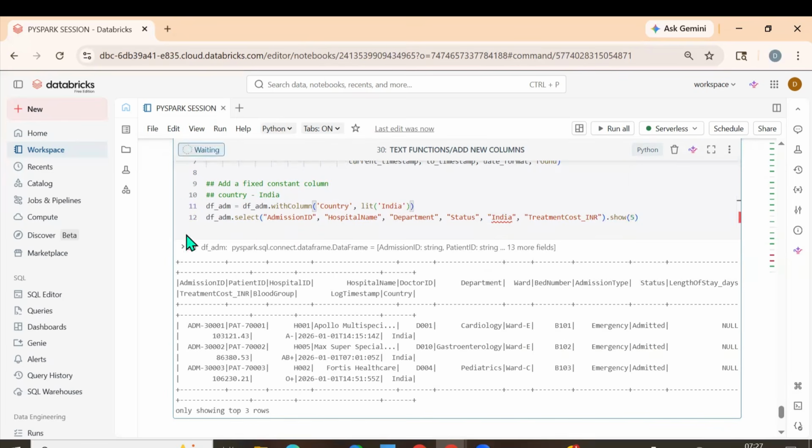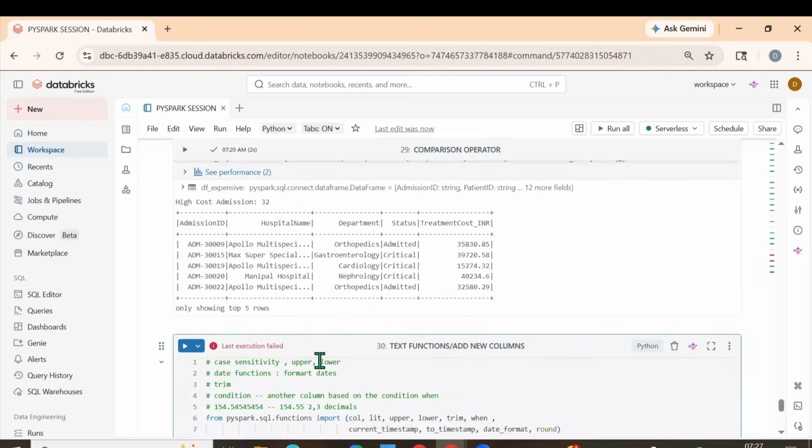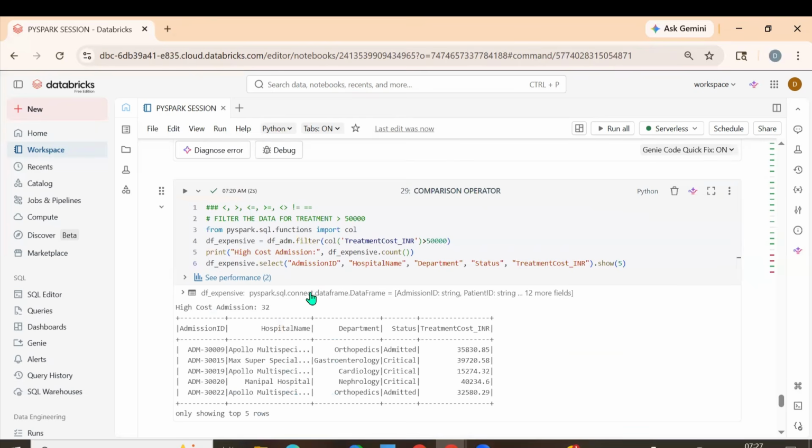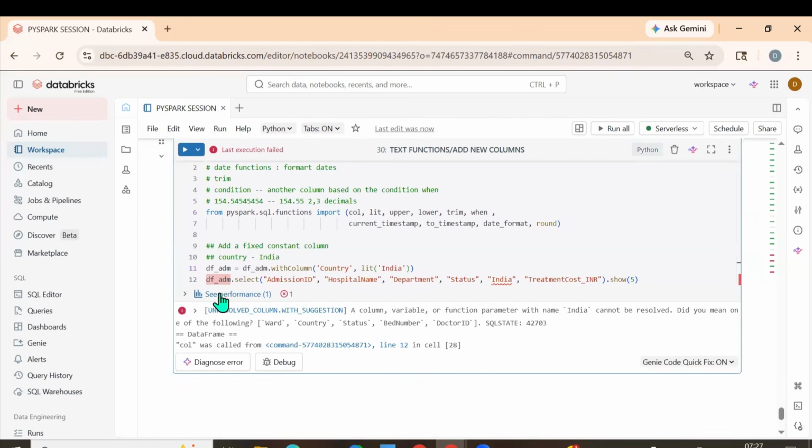So why are we not getting India? The column variable or the function parameter with India cannot be resolved. Is it the same df? Yes, it is the same thing, but why are we not getting it? Admission ID, hospital name, department, status, India, treatment. I think we may be using the